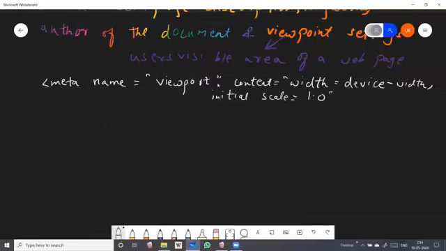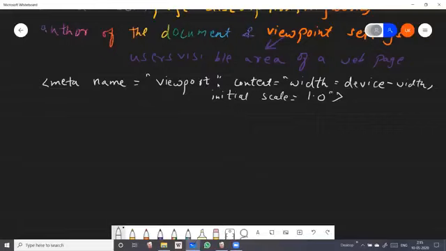Okay, the name is viewport, and content is width. I have specified the width, that whatever the width of your device should be, your page is having the initial scale of 1.0. Okay, students, so that the user can have the view of that particular location only, not beyond that. Understood this, students?